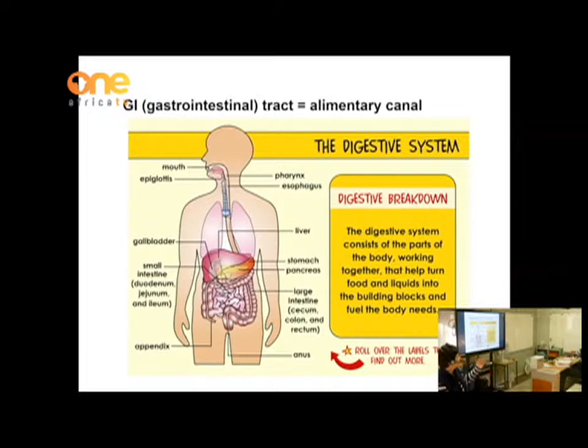It starts in the mouth. It moves all the way down and it ends at the sphincter that we find at the anus. And it includes the stomach, the small intestine, the large intestine, the rectum. That is our GI,